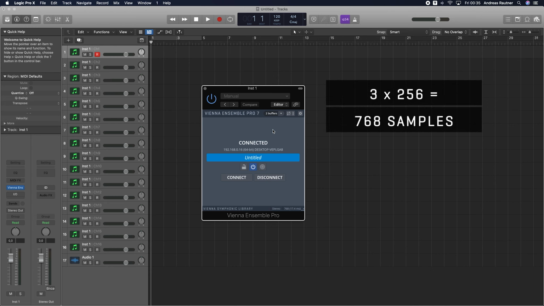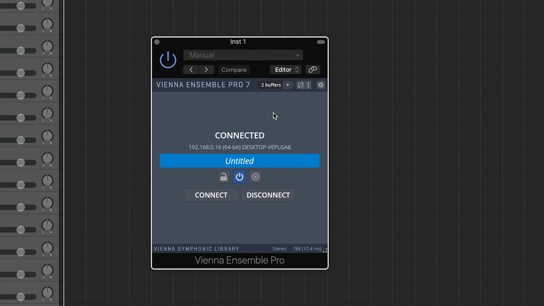Next to the latency buffer settings, you will see the actual latency of the server interface, which can depend on more factors, such as using latency-inducing plugins in the connected instance. Don't let that confuse you. In simple words, latency is the time the server interface needs to process your MIDI and audio input into audio output. So the rule for Vienna Ensemble Pro is, if you don't want to add any latency to the latency of your sound card, set the network latency for the instance you are recording with to none.